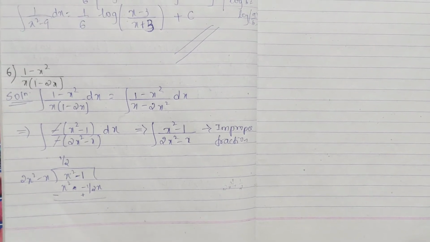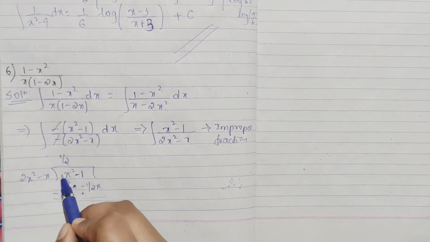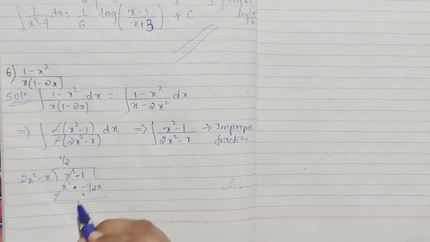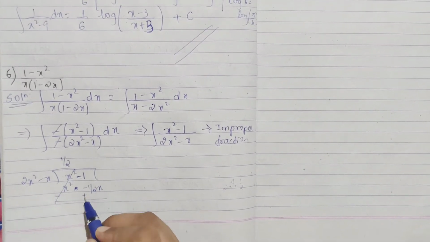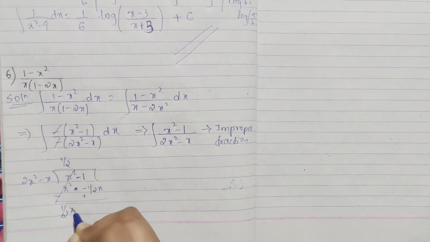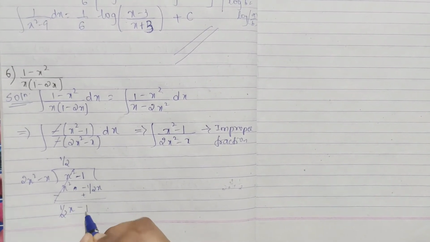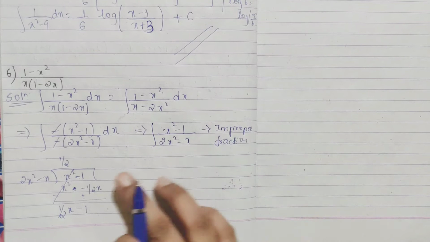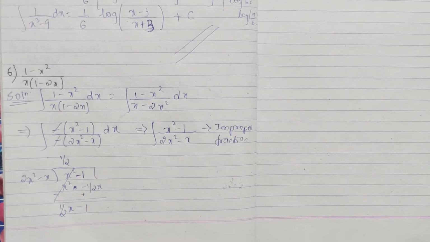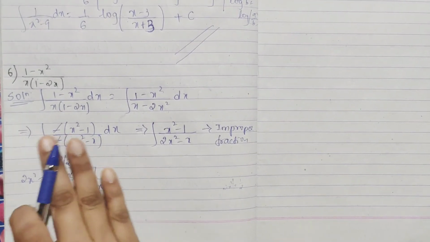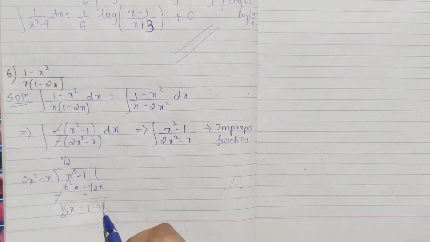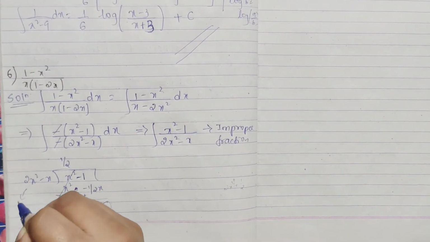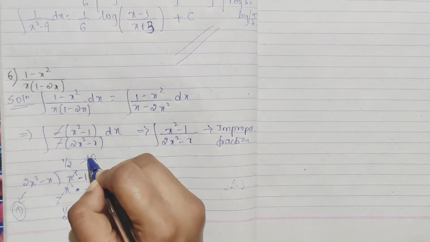Now see, change the sign, minus, this is plus, right? Plus into minus cancels off, and then the next term you have to write, that is half. We have changed the sign, so it becomes 1 by 2 x, and this remains as it is because we are not changing it, because here terms are not there. Now, after this, whenever you have got like this, you have to make a mixed fraction. This is your remainder, this is your divisor, and this is your quotient.